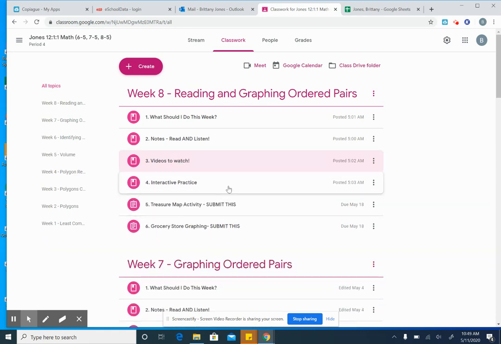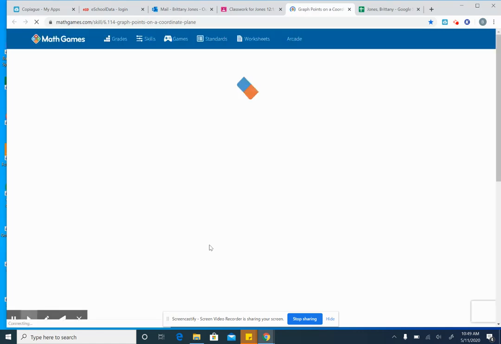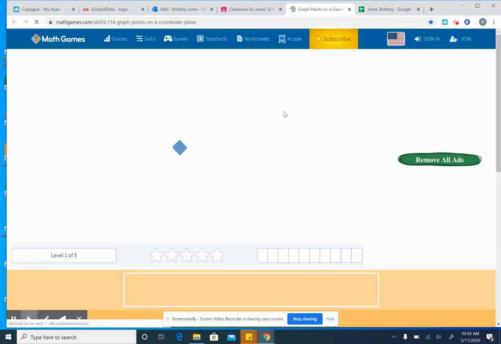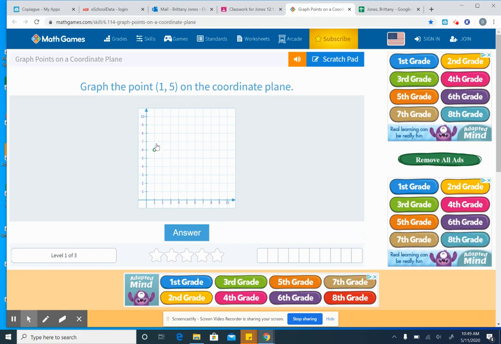Now, the next thing you should do is practice some interactive problems online. There are two websites here, okay? If you click on one of them, I'll show you that you can actually have the problem read out loud to you. By clicking that orange box, the speaker, you can have the question read aloud, and you can see there's a little cursor, and if you just scroll it over the coordinate plane, you can graph 1, 5,